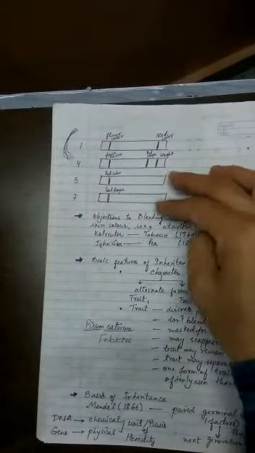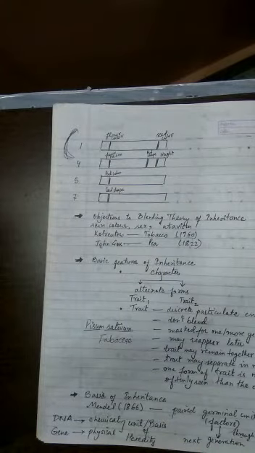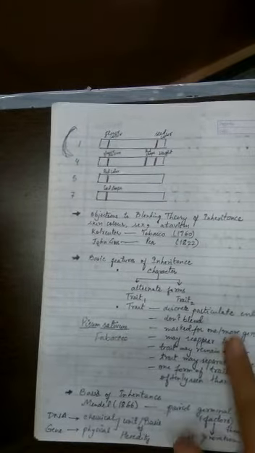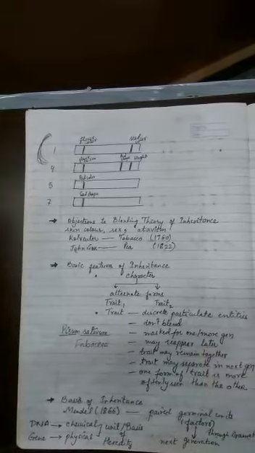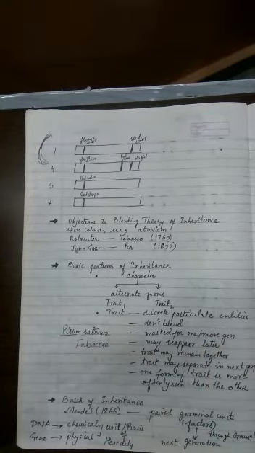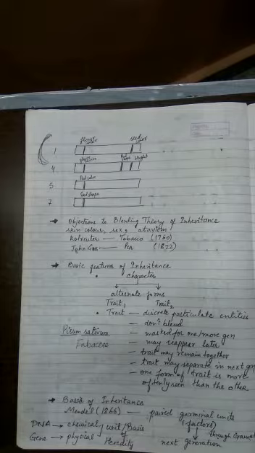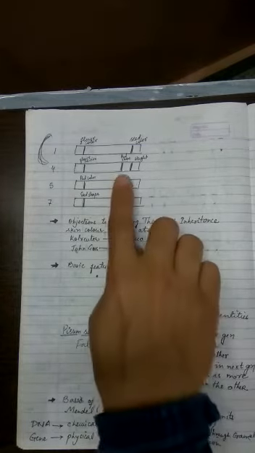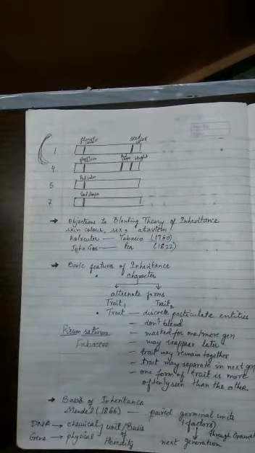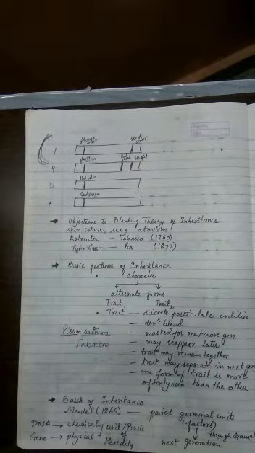Remember, when they separate independently, that's what Mendel said. What was independent assortment? The assortment of a character controlling gene pair is independent of the other pair. That means they will independently go, capital Y will equally go with small r and equally go with capital R. But if two genes are present on the same chromosome, this tendency to go with capital R and with small r will be changed. So as it is changed, there will be change in the ratios coming up.